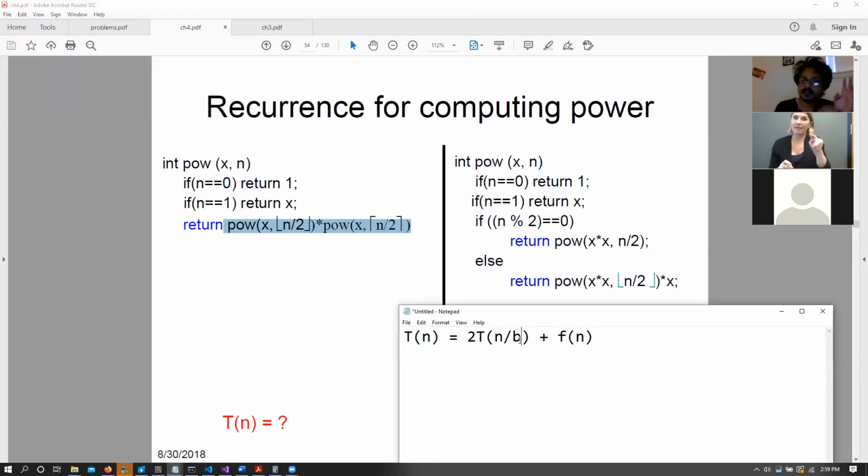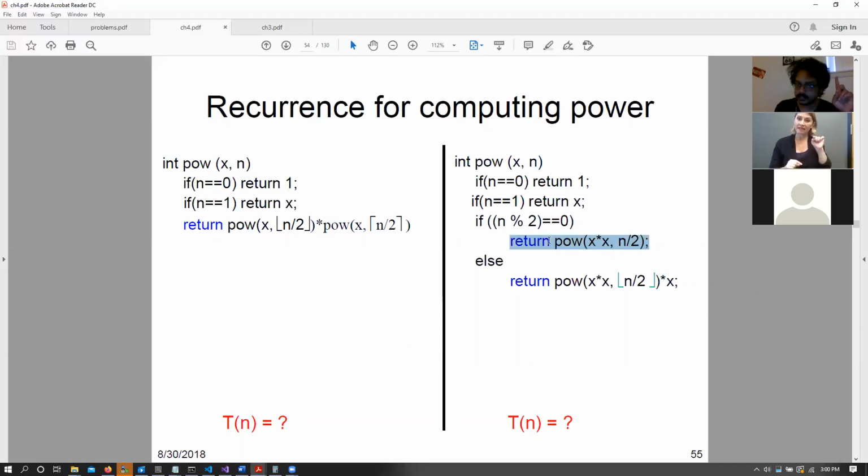That means that we are subdividing our problem into 2 halves, n by 2 and n by 2, where each half is going to be T of n by 2. So each half is T of n by 2 and we are doing it twice. So that gives us 2 times T of n by 2. And then we have our combining case. Our combining case is multiplying those 2 answers together. Multiplying those 2 answers is essentially multiplying 2 numbers, and multiplying 2 numbers is always going to be a constant complexity. And for that, we just have theta of 1 because it's a constant complexity. Then we have the second function here.